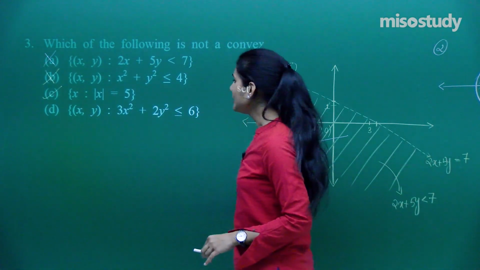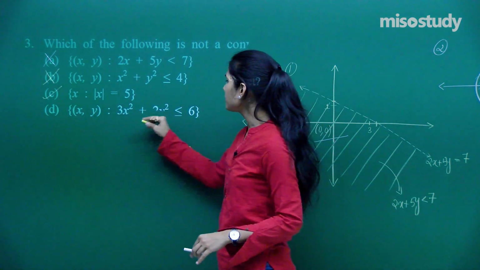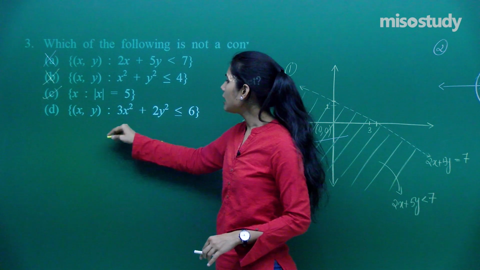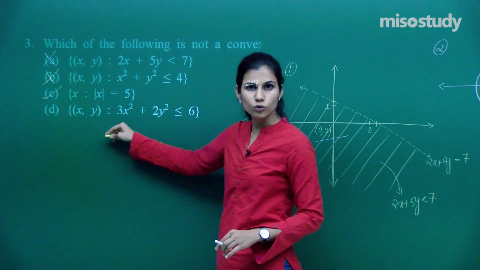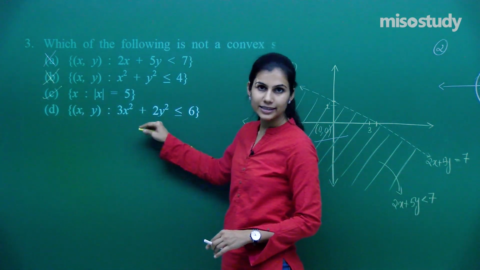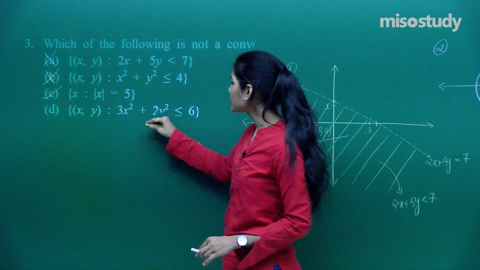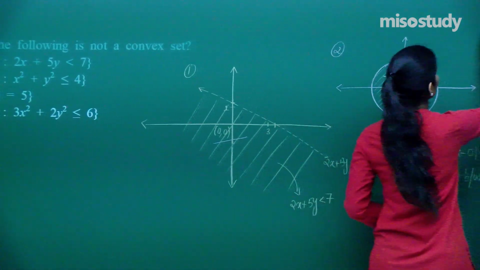And this is clearly representing an ellipse. You can write this as 3x square upon 6 plus 2y square upon 6 equal to 1. That would give you x square upon 6 upon 3, that is x square upon 2, that is x square upon root 2 square. 2y square upon 6, which is y square upon 3, that is y square upon root 3 square. So it will be x square upon root 2 square plus y square upon root 3 square equal to 1, and that is going to give you